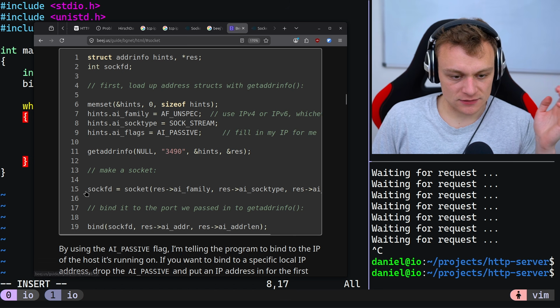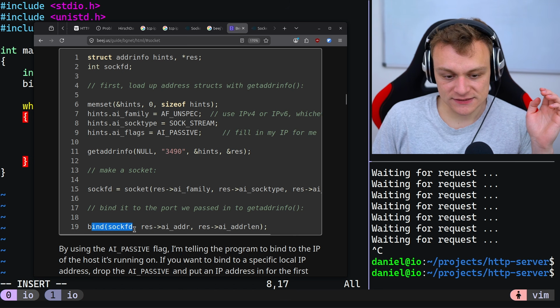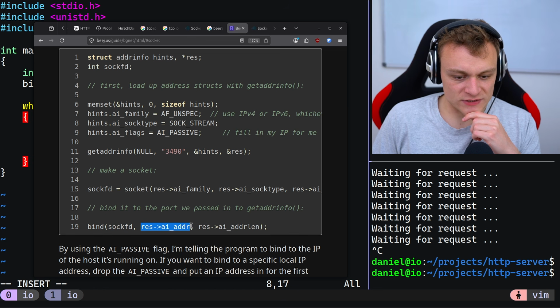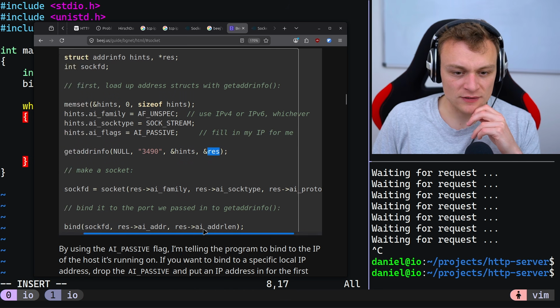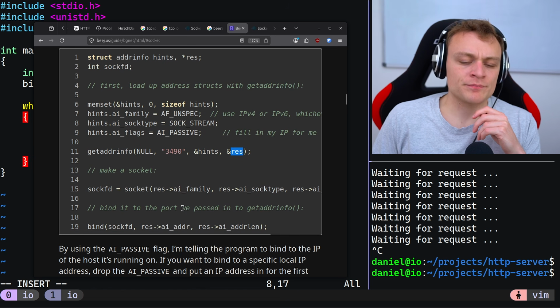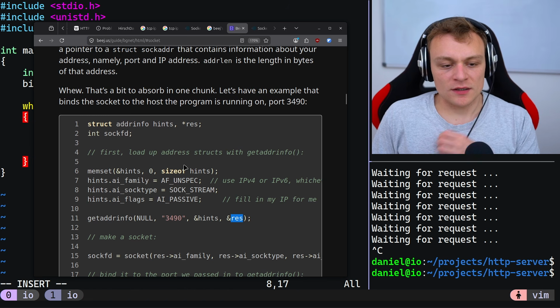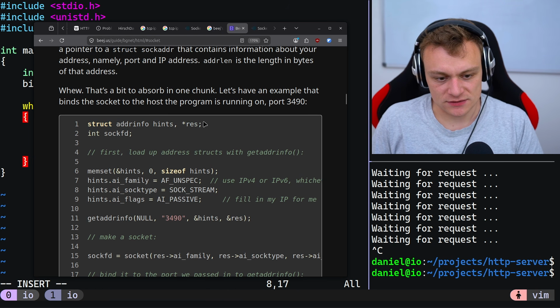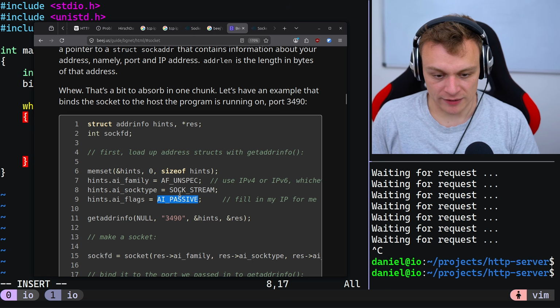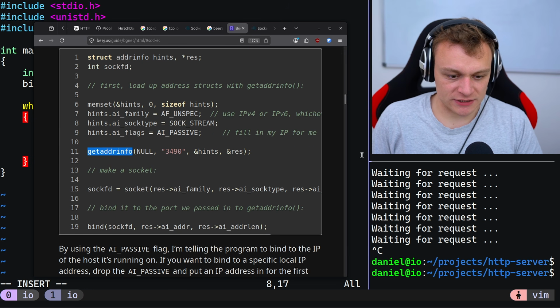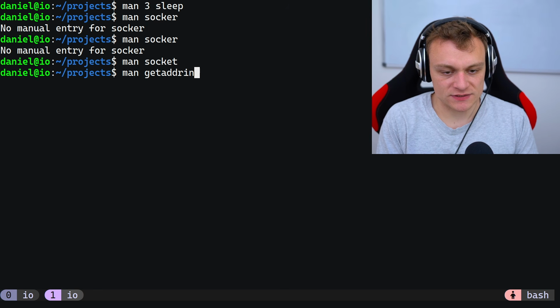Wait. So this guy here creates a socket, okay, and then binds to this result, the addrinfo. What's the result? It's created here, getaddrinfo. So here first this addrinfo hints is created, which gives any restrictions to the TCP/IP library. And the getaddrinfo call, what does it do? Getaddrinfo